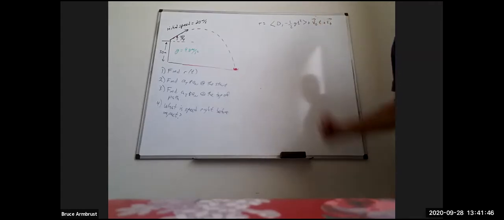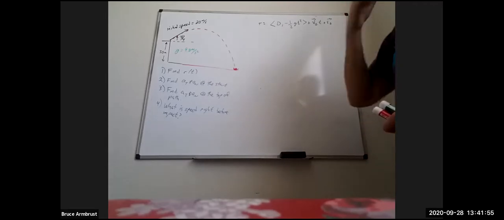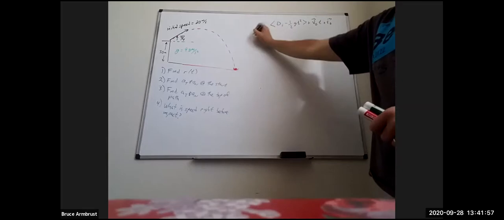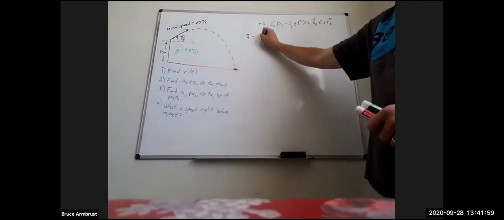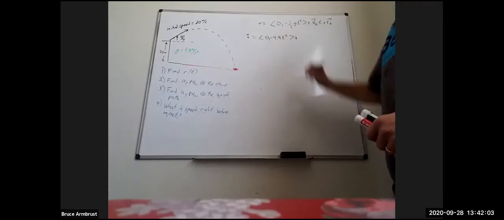So let's build the v naught and the r naught, so we can put these together to get our vector. Okay, well, we'll put in g as well. So that's going to be 0, negative 4.9 t squared plus